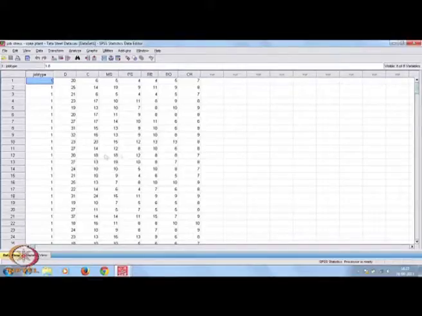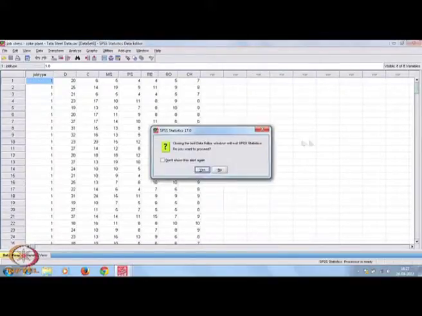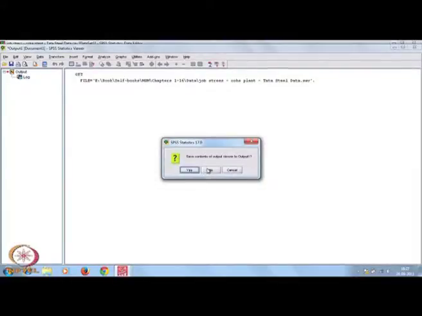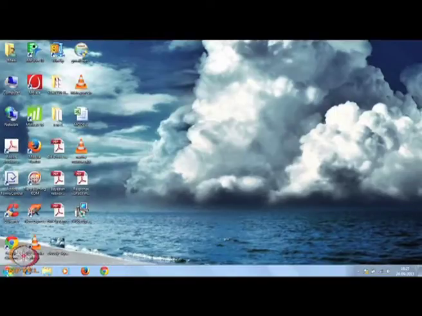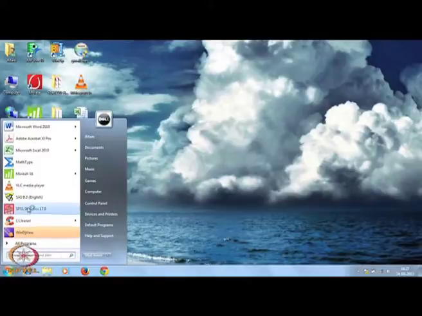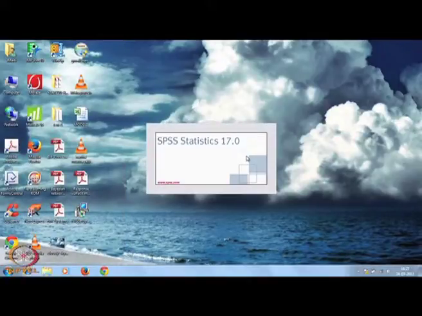So, you see this one is the spreadsheet for SPSS. Now, how I have brought data into this sheet. For example, if I am just closing down this one, you go to SPSS, we are using here SPSS 17.